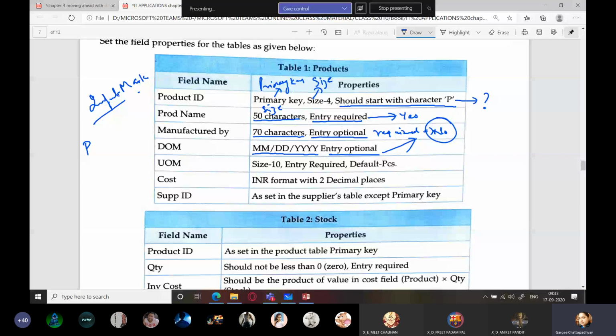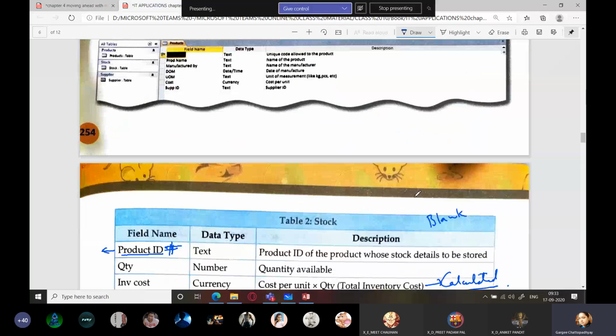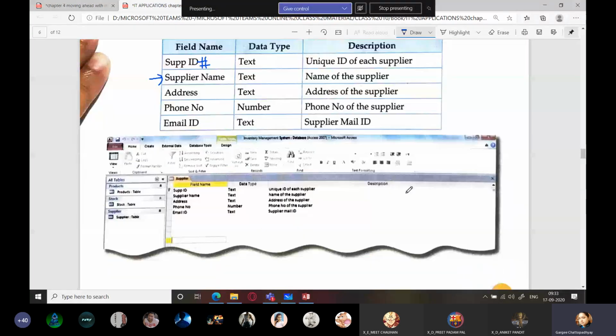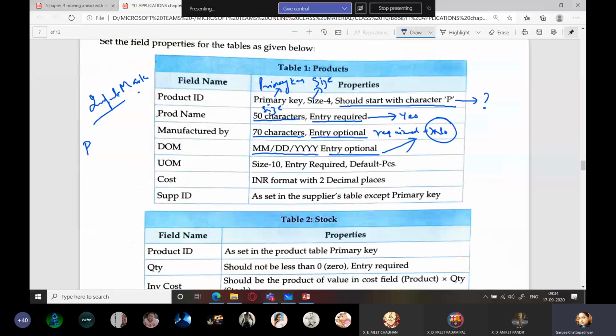UOM, unit of manufacture. Now what is unit of manufacture? Let's go back and check. Unit of measurement, not manufacture, unit of measurement. So for unit of measurement, what have they specified? Size 10. Already they have given. Entry required means required. Yes. Default pieces.